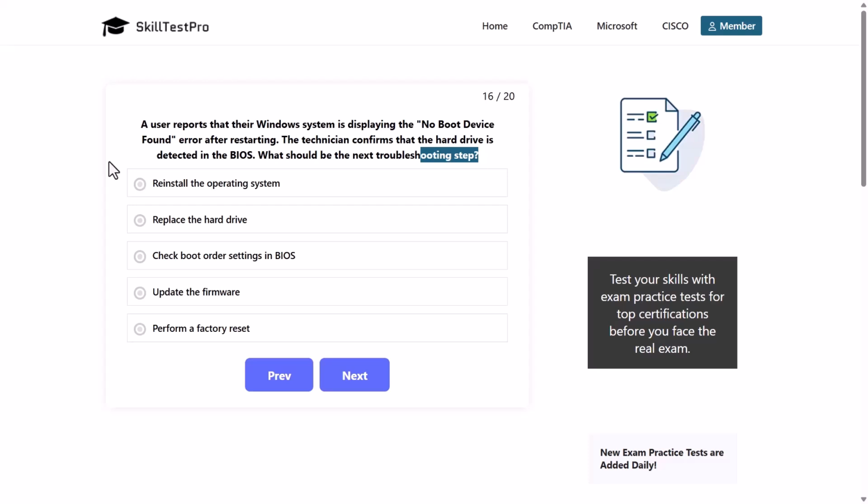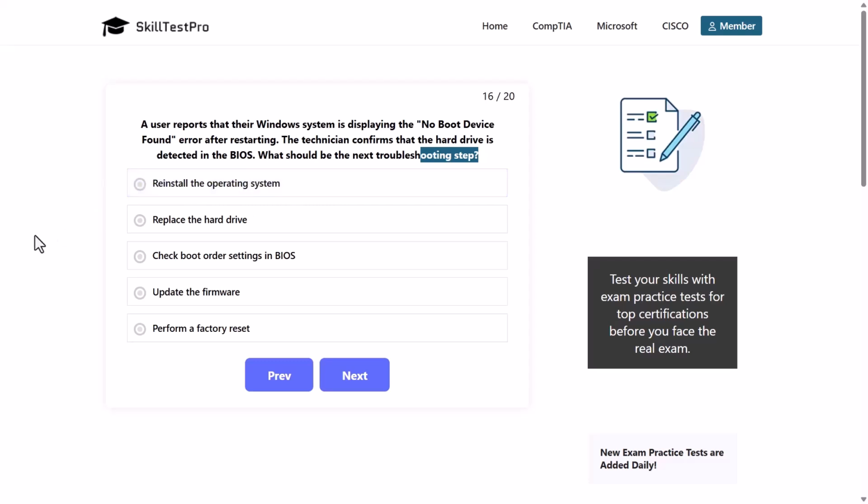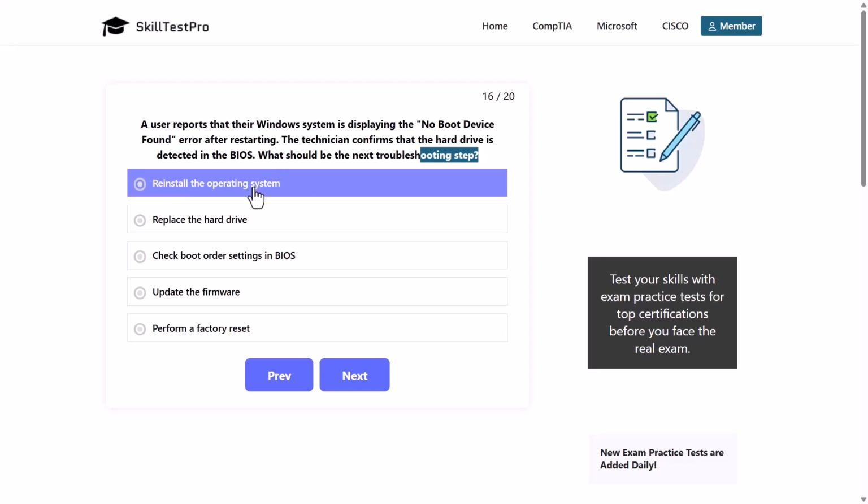That's why in 99% of cases, reinstalling the operating system, whether Windows, macOS or Linux, or changing the motherboard will not be the correct answers in these questions. So just keep in mind that this is one way you can eliminate these types of answer